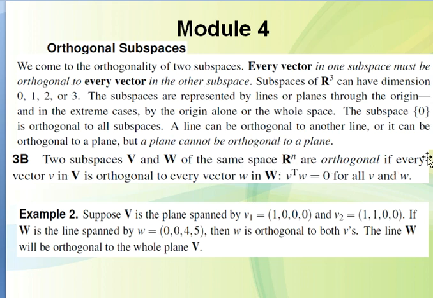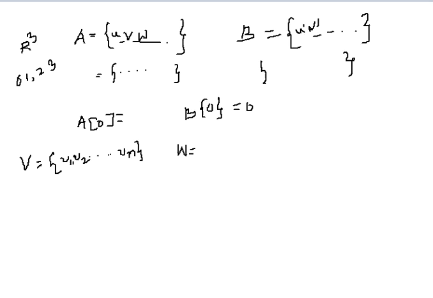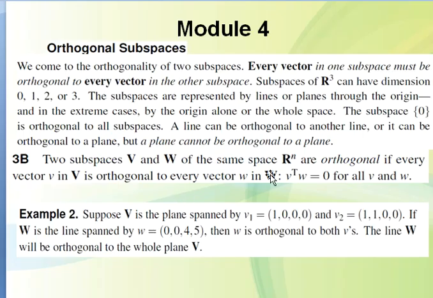So let's take V and W. Let V be v1, v2 and so on, and W equal to w1, w2, w3 and so on. If V and W are two subspaces of the same n-dimensional space Rn, then